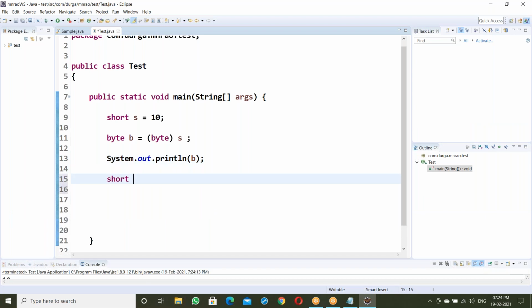One more example. Suppose integer i is equal to 1000, and short x equal to i. This is not valid. 4 bytes of data we are trying to store in a 2 byte location. Not valid. But directly assigning 1000 is no problem, because